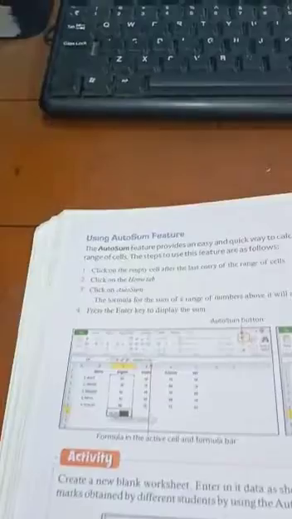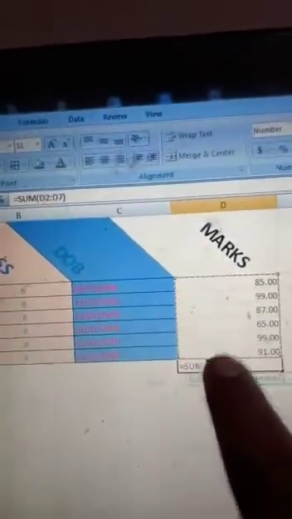Press the enter key to display the sum. If you want to show the total, then you have to click here, and there is an AutoSum feature. Click on that, and look, a formula is showing here: equal to SUM